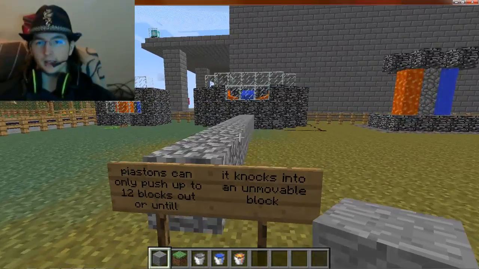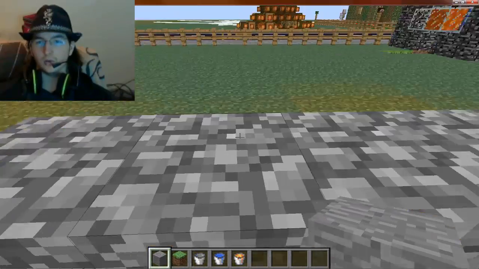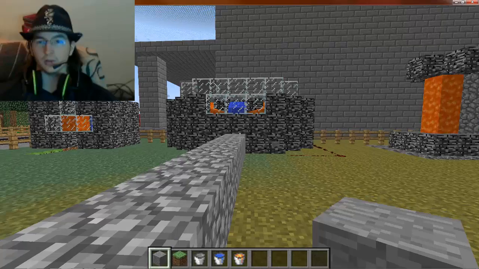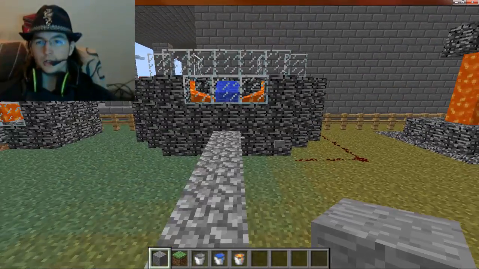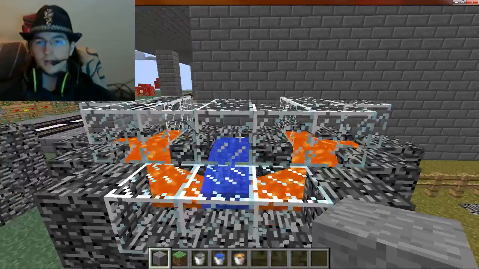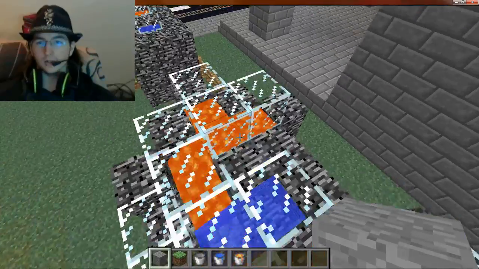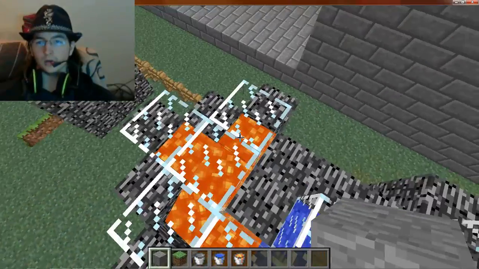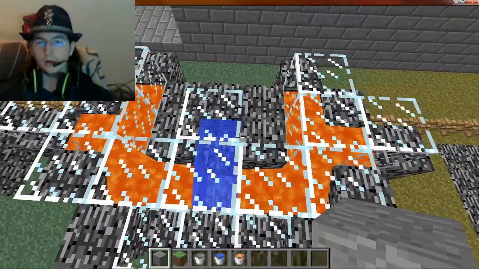This one I like. I like it a lot. You can have up to 12 or 13 if you're lucky enough to get the 13th one. You can have a lot of cobblestone shoot out from this design. You have 4 sources of lava, 2 in the corner here, 2 in the corner here, 1 source of water,